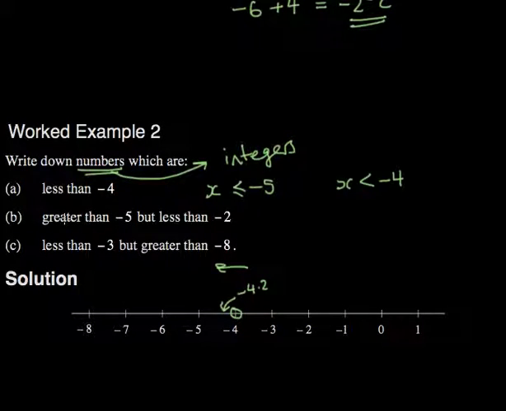What about the numbers that are greater than -5? So greater than -5 is this way, and less than -2, which is this way. That's going to be -4 and -3 if it was just integers. But if it was all numbers, then I would write my x in the middle. X is less than -2, and it's anything